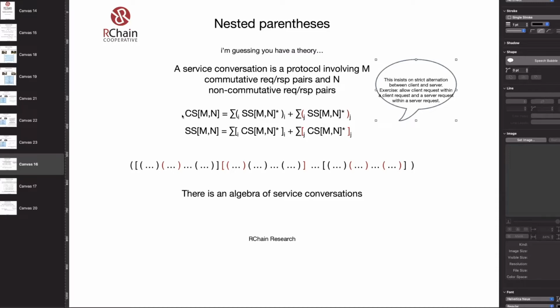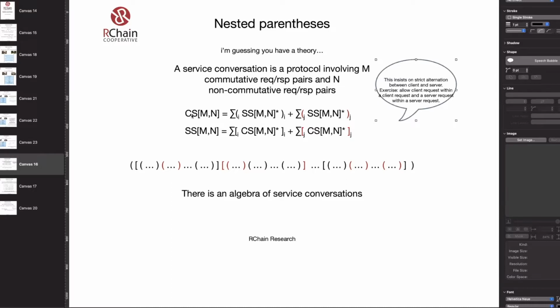a client request involving M commutative request response pairs and N non-commutative request response pairs can open either with the ith commutative or the jth non-commutative, and then have as many server initiated conversations.